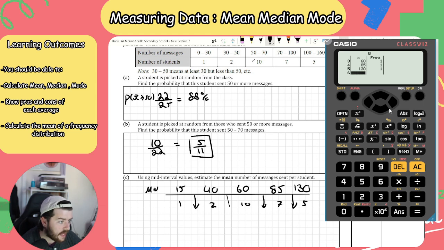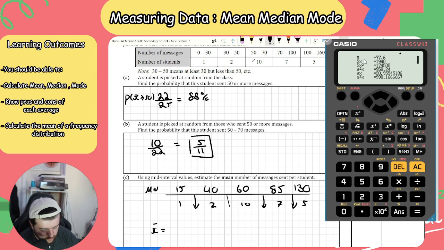Yep. And then change my frequencies. So 15 appears once. 40 appears twice. 60 appears 10 times. 85 appears 7 times. And 130 appears 5 times. So AC to save it. Option, variable calculator, click number 2. So my answer here is going to be 77.6. Or you could have just done 1 times 15